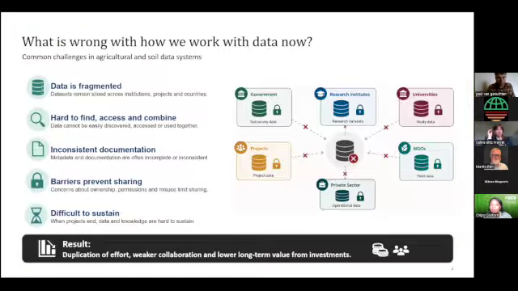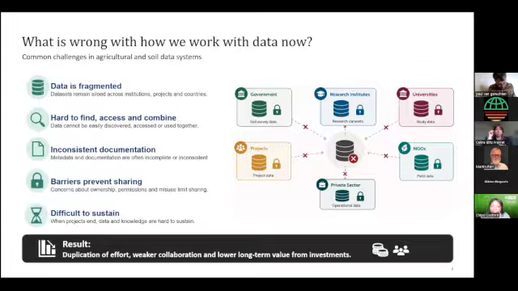Yeah, so really, from our work, and I think even for you as well, you've seen that in a lot of agricultural data initiatives, we're continuing to see a common set of challenges, right? It might be a research project, or a project where you want to develop an AI chatbot, for example. We have these challenges around fragmentation of data, right? There are valuable data sets we would like to have access to, but one, we don't know whether they exist, whether that data has been collected before. And if you know it's out there, you don't know how to access it. It's not evident how you can get your hands on the data.